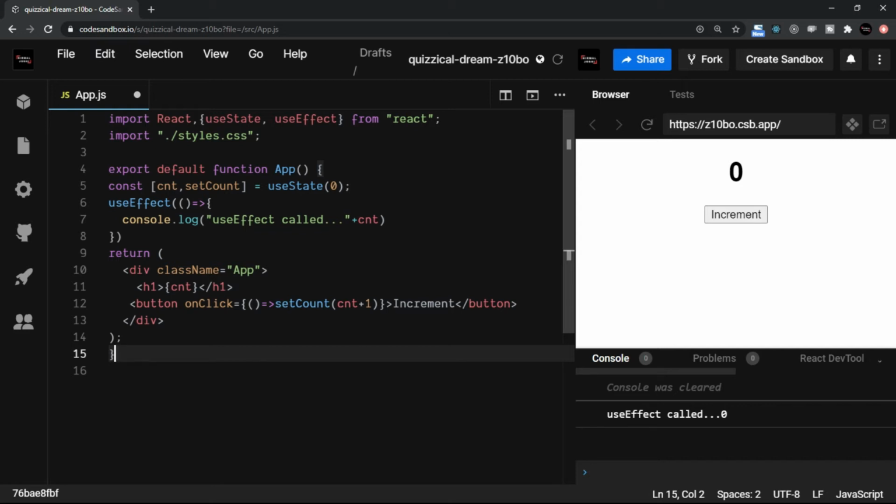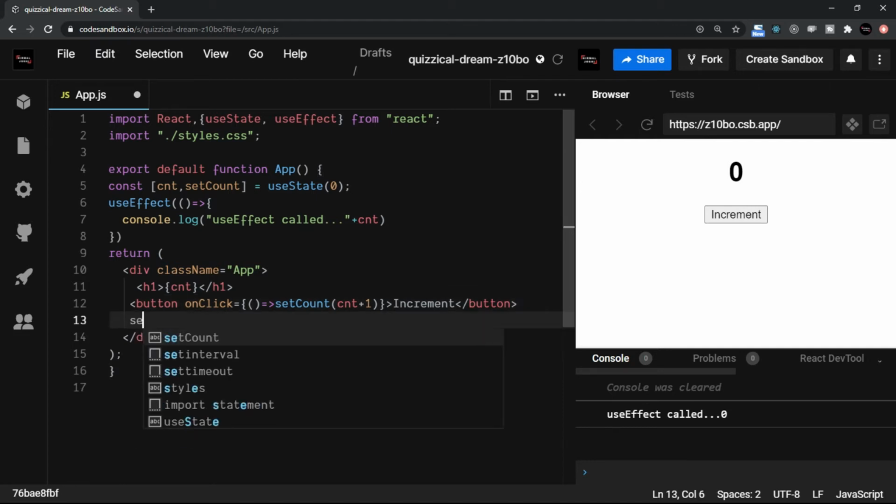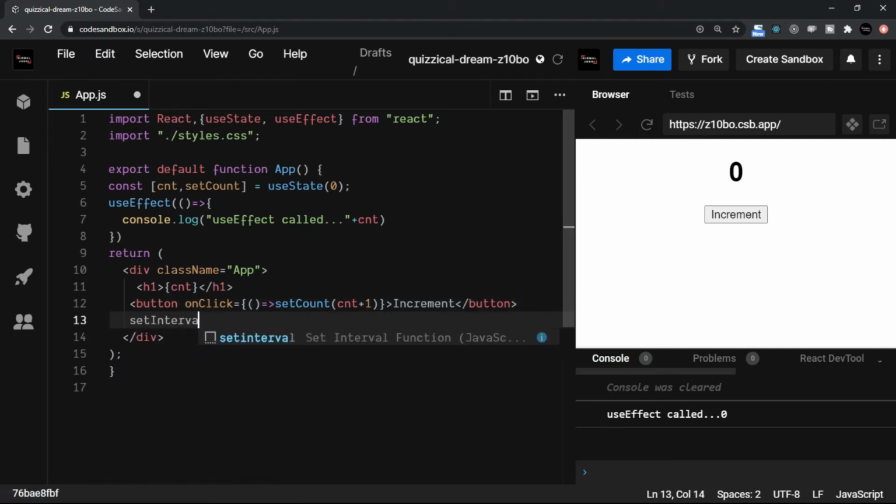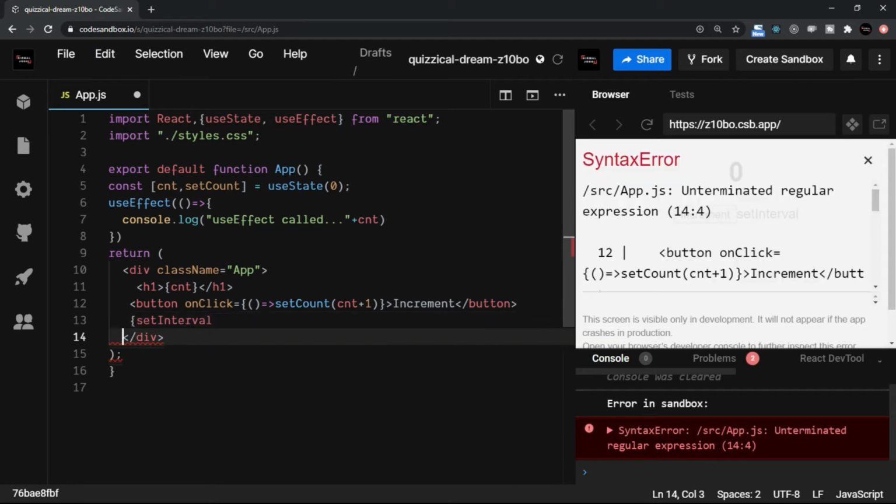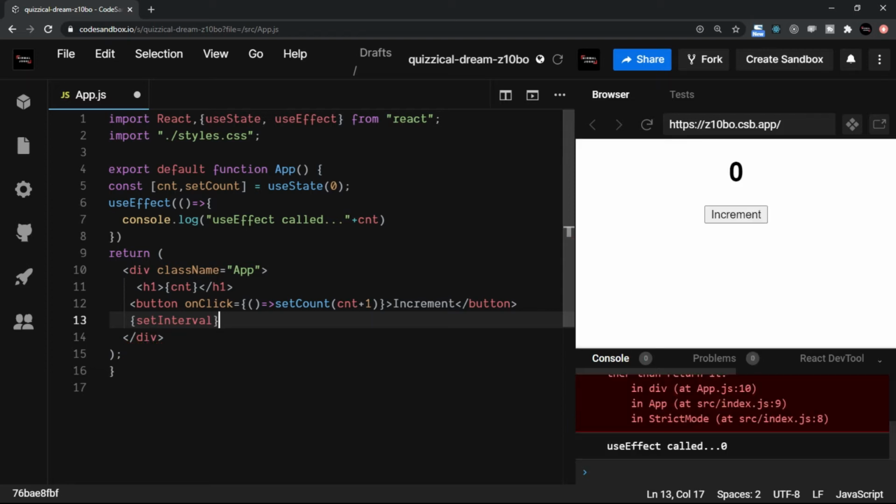For example, you are putting setInterval. Assume that you are putting the setInterval here. Of course, right now I am not keeping curly brackets. Let me do that also. So this is the JavaScript thing I am putting inside the JSX. In case you call setInterval inside the component here in the JSX, every time the interval changes something, it has to render.